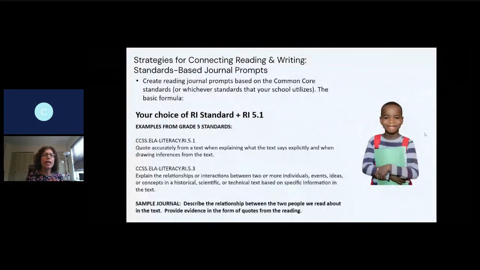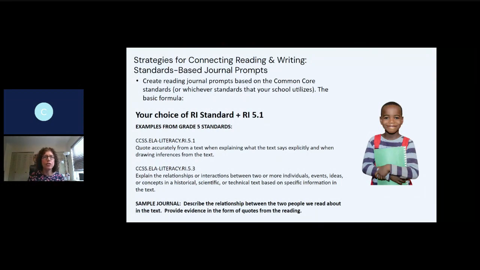Okay, so let's talk again about a good general strategy for connecting reading and writing. And this can be used with ReadTheory readings or any reading that you're doing in the classroom. So in my class, I like to have my students create reading journals. And what I try to do is, depending on what standards or skills I am focusing on in my classroom,